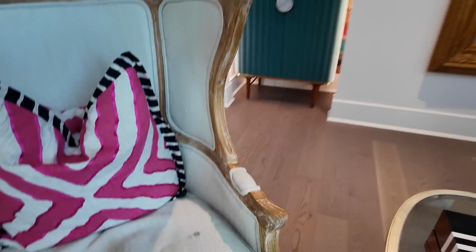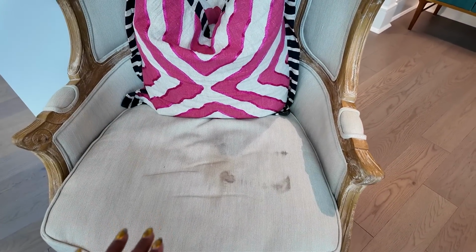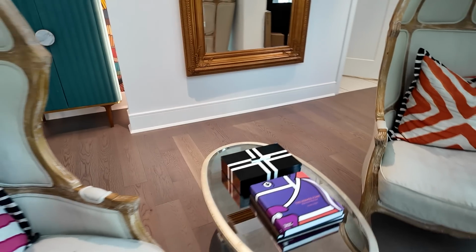There are stains all in the chair. I probably need to clean those out, y'all. I don't know what that is. It's not blood because I ain't had a period in 7 years. Child, I don't know. But anywho,